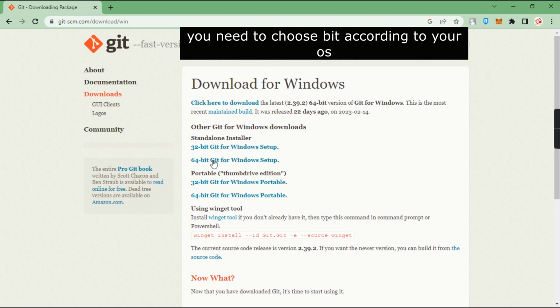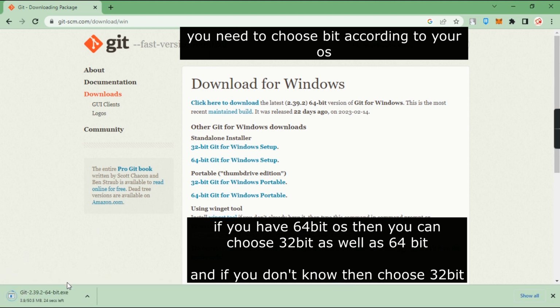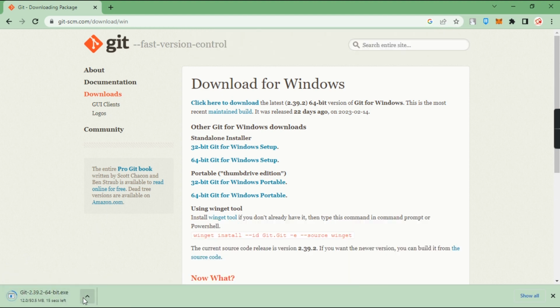So now you have to select your bit. So I will choose 64-bit and you can see it is downloading. After this gets installed, you have to open this